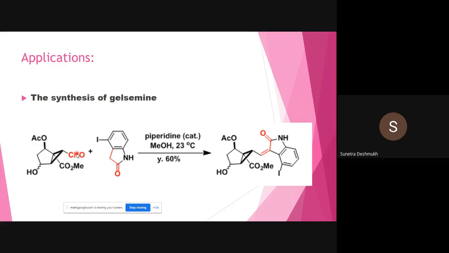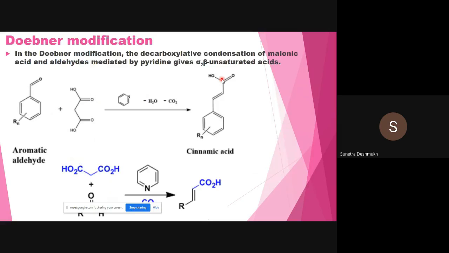what the carbonyl group is; this is one starting material and this one is another, the active methylene compound. Here, with piperidine, we generate this carbon-carbon double bond to the indole molecule. So in the indole molecule, we got the active methylene compound and we have generated the carbon-carbon double bond over here, with piperidine as a catalyst.